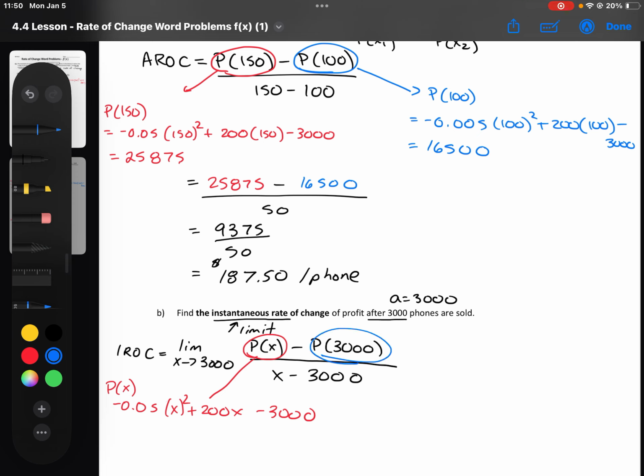And then my second value, I'm evaluating at 3,000. So anywhere I see an x, I'm going to put a 3,000. Plus 200 times 3,000 minus 3,000. And this is going to give me